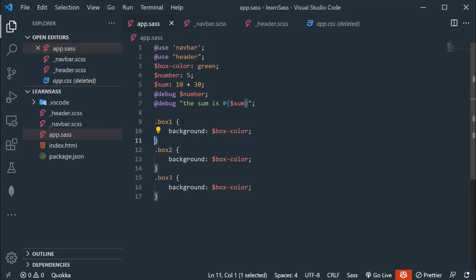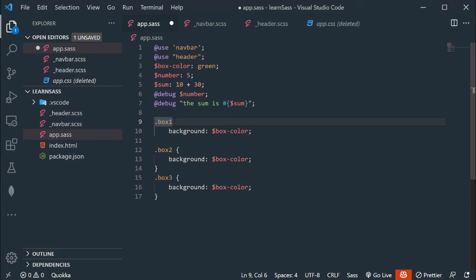So we have to delete this curly brace and also this one. Now you see between box 1 and background we have some empty spaces. So instead of curly braces we have to use indentations.